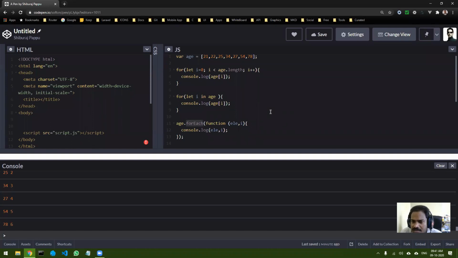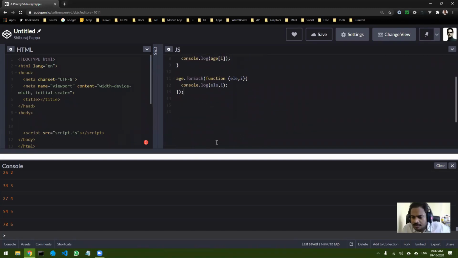Yes, you can pass an array. Hussein Painter is asking, can you pass an array as an argument to a function? Yes, you can. You can pass a function to a function also. In JavaScript it is flexible. Okay.